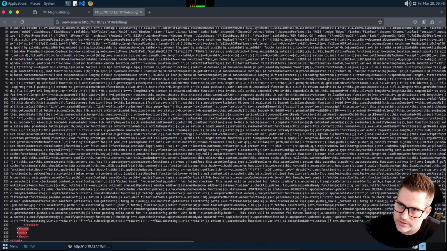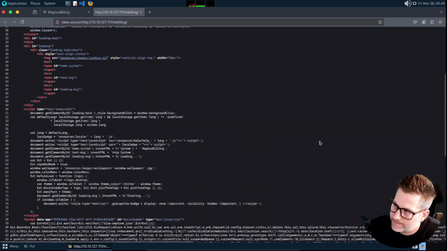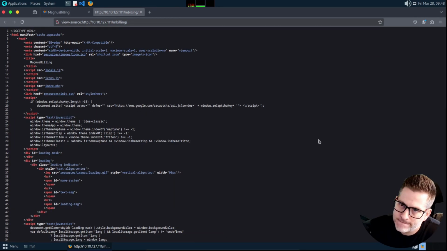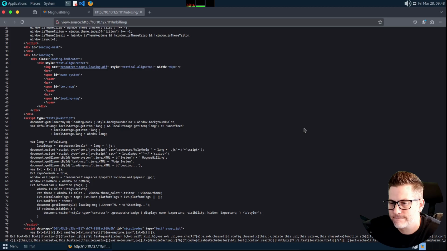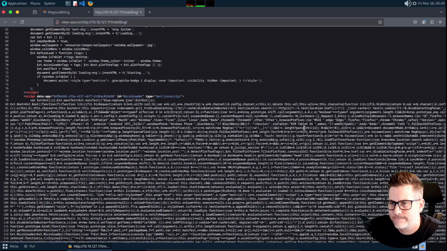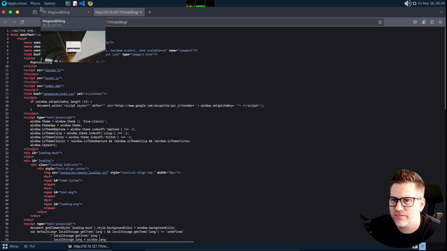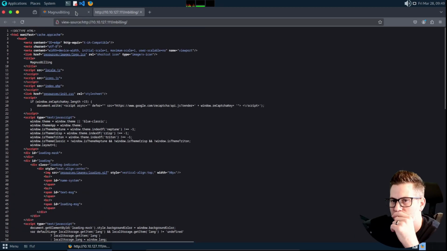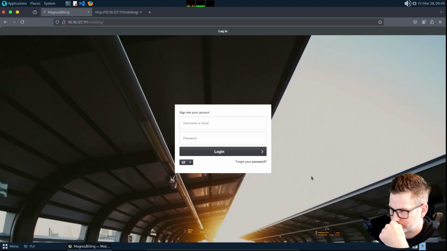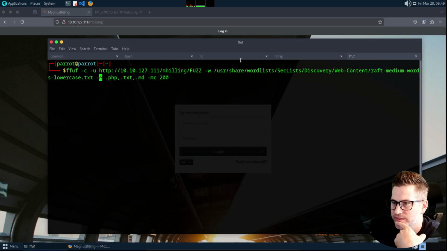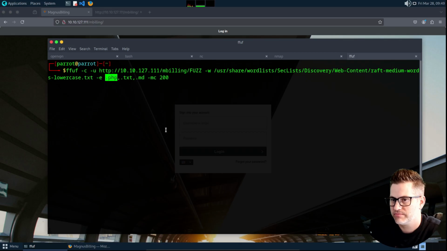Where was it? I thought I saw some PHP stuff. Maybe not. I thought it was. Somewhere when I did this before, I realized it was a PHP site. Maybe it was in the Nmap scan. Something kind of pointed me in that direction, which is why I chose this. So I ended up just putting PHP in there